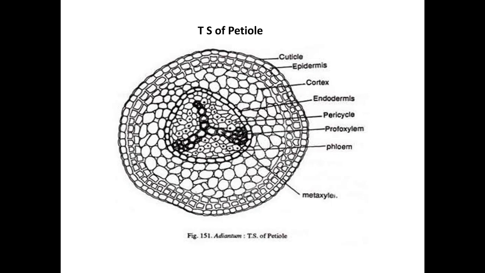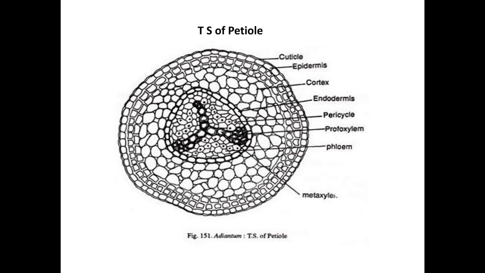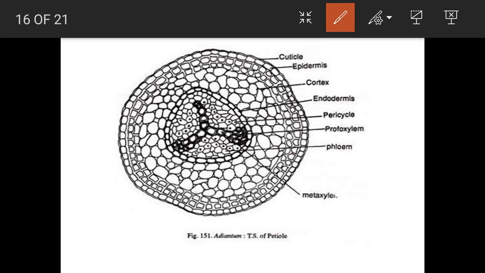Next to the hypodermis, the region we find is the ground tissue, which is mainly made up of thin-walled, loosely arranged parenchyma cells. Sometimes in the ground tissue we find the deposition of tannin in the cells. Coming to the central part, that is the stellar portion of the petiole, the central part of the ground tissue is occupied by horseshoe-shaped or two arc-shaped vascular strands facing one another, which are surrounded by the layer of endodermis